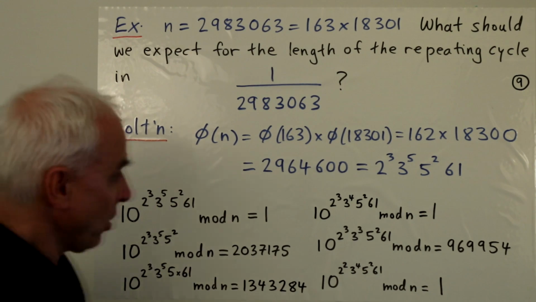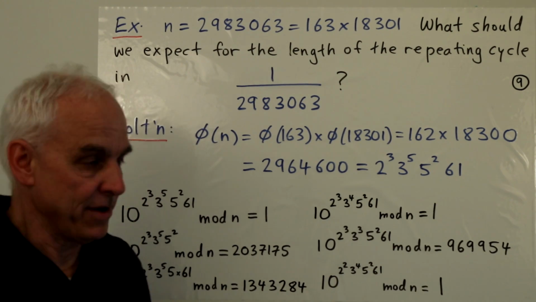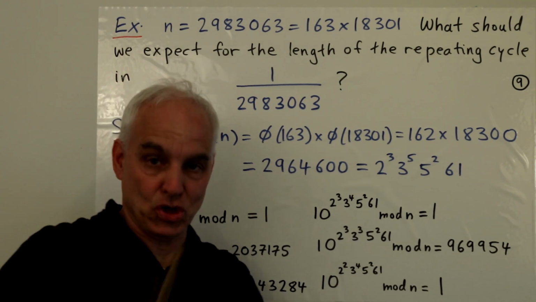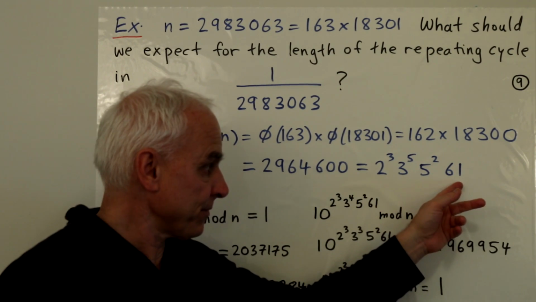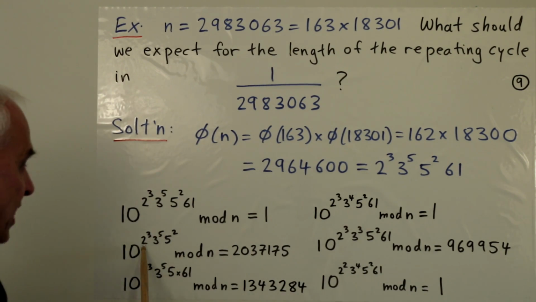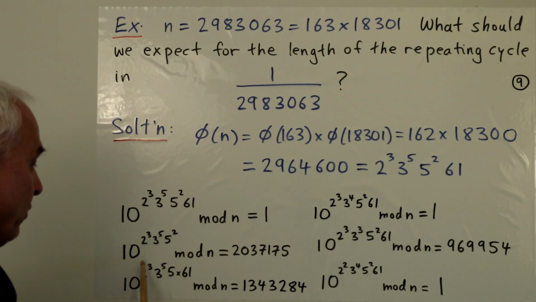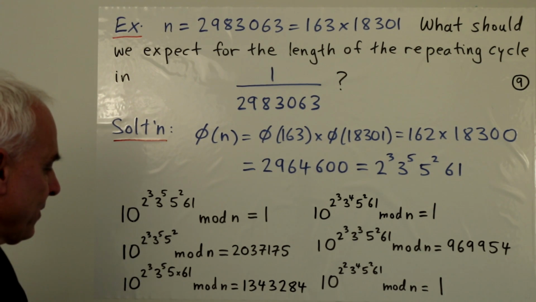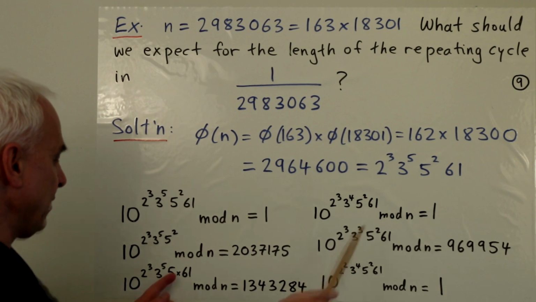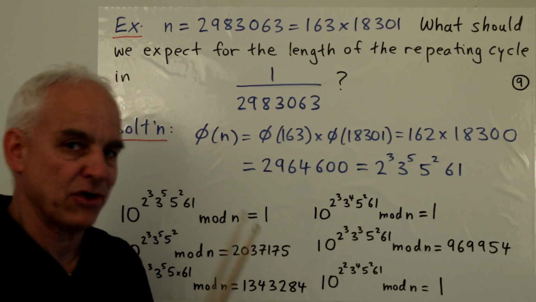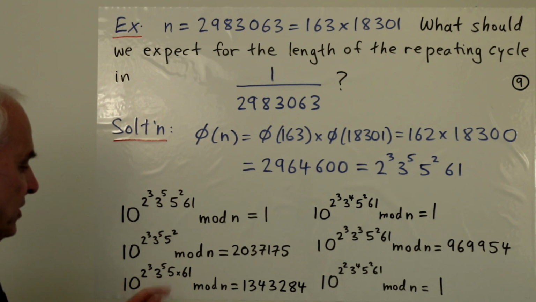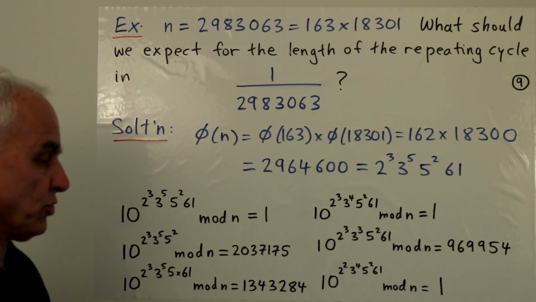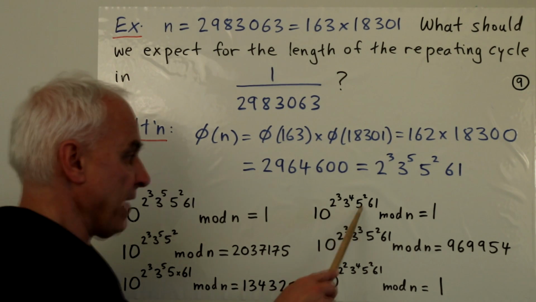Okay, so now we have the idea that we're going to look at smaller possible numbers, and we're going to get those smaller numbers by throwing away some of these prime factors to ensure that we still have a divisor of this thing. So let's throw away 61. So now we just have 2 cubed, 3 to the 5th, 5 squared, and we look at this thing mod n, and we find that it's this thing here, which is definitely not 1. Okay, so we put the 61 back, and we think about the 5. Maybe we'll just throw away a factor of 5, and we'll just have a 5 there instead of 5 squared. When we calculate 10 to that power mod n, we also don't get 1. So no problem, we put the 5 squared back.